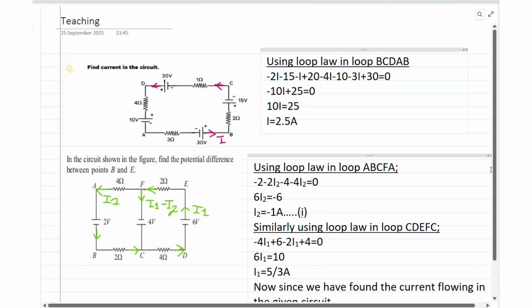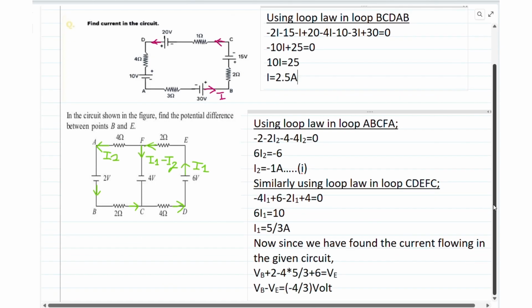And now, let's assume that I1 is the current that is flowing. And then at junction F, the current is getting divided. The current that is moving along the path F to A is I2, and from path F to C is I1 minus I2, right? So using Kirchhoff's loop law, in the loop A, B, C, F, A,